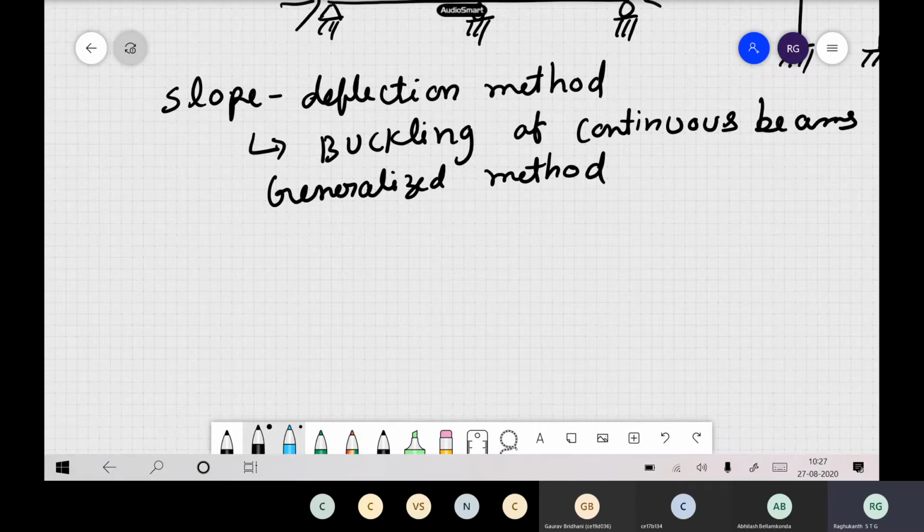What is another method you would have studied, compared to slope deflection? In structure analysis, two methods were very widely popular. One is slope deflection, the other one is moment distribution. Both of them are widely used. So slope deflection method, I hope all of you have done previously itself. Now what is the extra thing we have to do in our buckling? With the slope deflection equations which you derived as undergraduates, can I directly use those equations here, or do we have to make some changes when we do buckling?